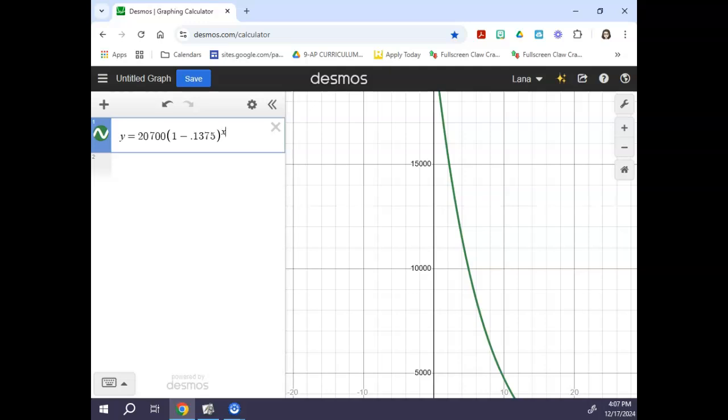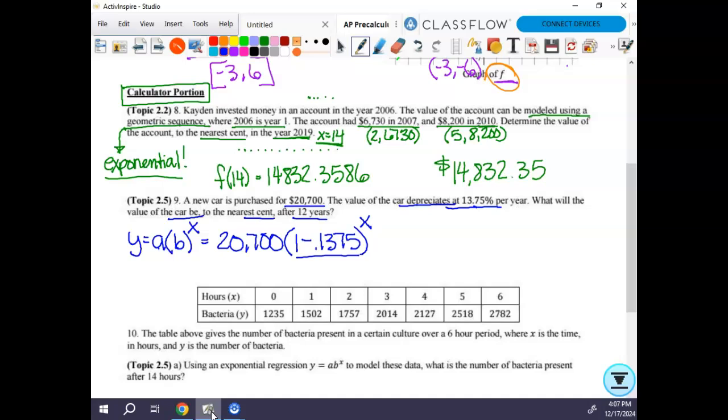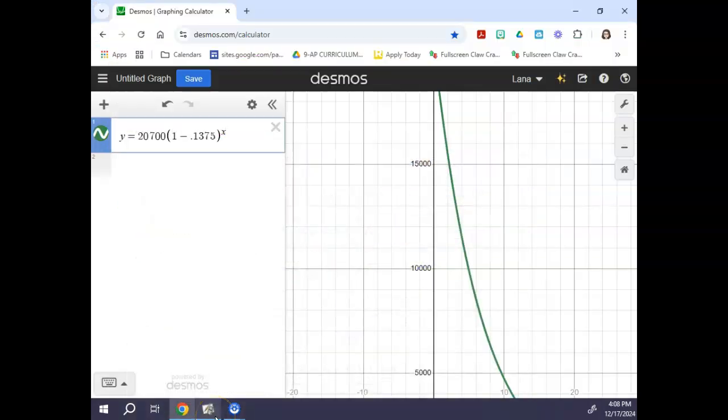I have to write this, like I have to have it to use it. They didn't actually ask me for it, but I need it there. And if you write it down and you don't write it down correctly, then maybe you could still get credit. But I'm going to evaluate this at x equals 12, because that's the time, right? Now I pay attention to, I want it after 12 years, and this is per year, because it could be months or weeks or something, and I got to pay attention to that. But it's 12, so I'm going to go back over here, type in x equals 12,